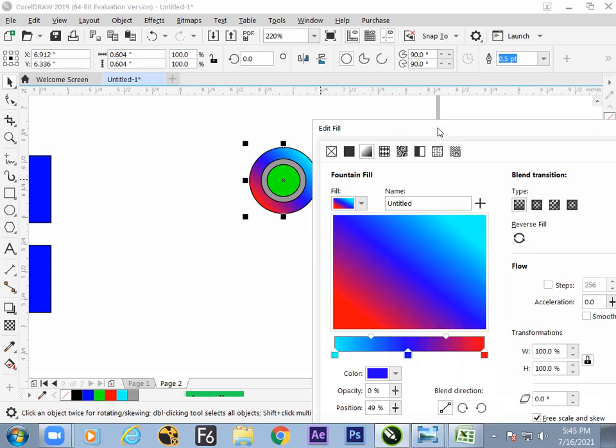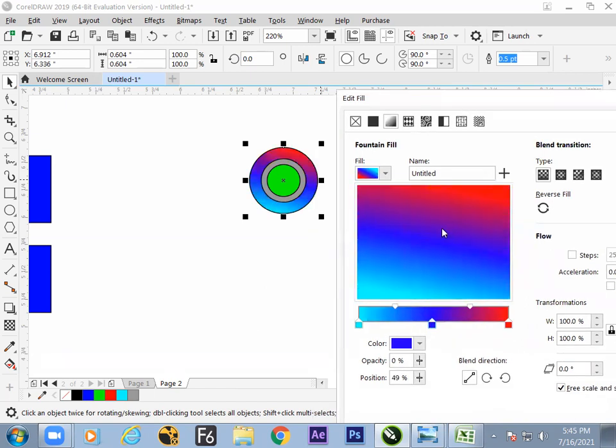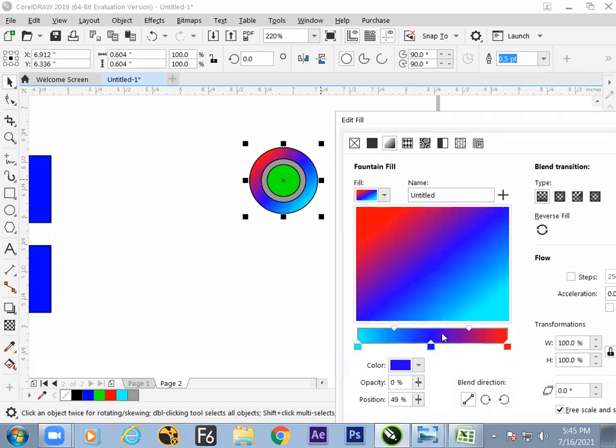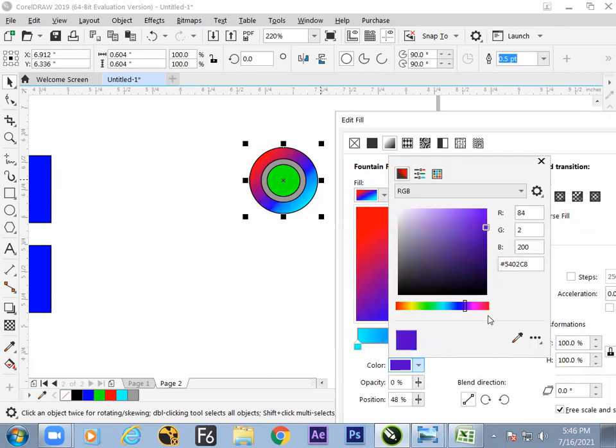Now, hope we have understood the first tips and tricks. On screen, you can change the angle. This is the first thing we have learned in fill here. Fountain is to be controlled to this extension. And then adding the colors, removing the color, repositioning the color. And not only the reposition, we can make this upper one blocked, like a strip. If you want it to turn into a strip, you can add a plus towards a particular color. So hope we have understood how to add more colors by double click. And we can choose the color by the picker also.